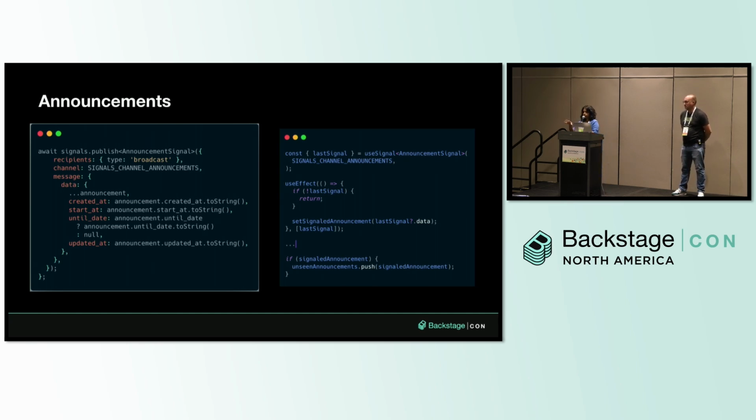This code is actually part of a component called the announcement banner. The announcements front-end plugin exports this announcements banner, which every time it sees a new signal, generates a new banner. And you could use that banner in any other front-end plugin you wanted. If you go to our demo Backstage website, it will show up on the homepage. And